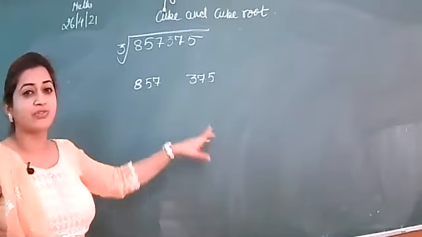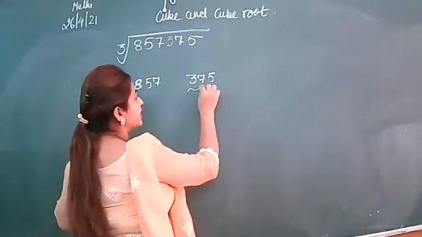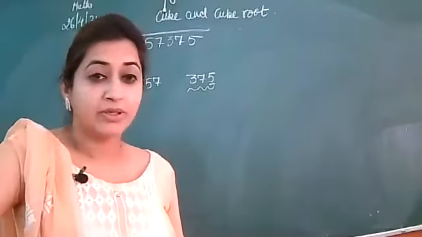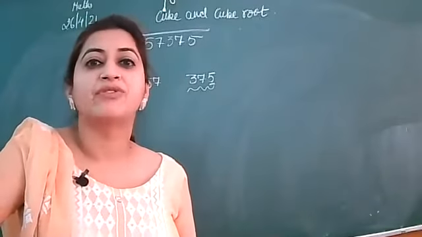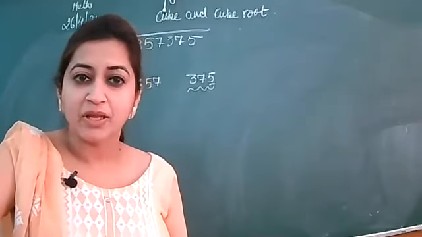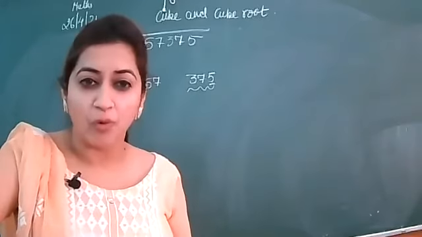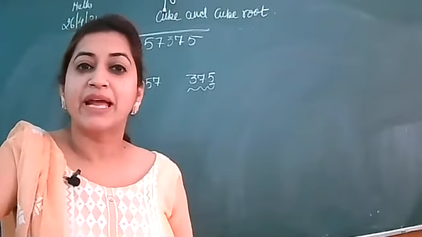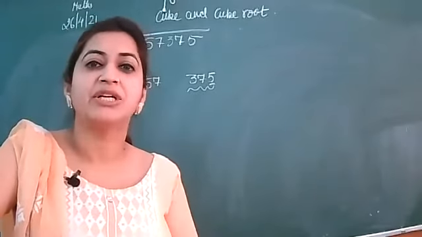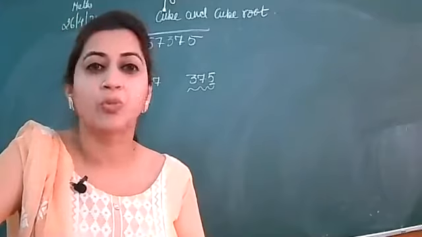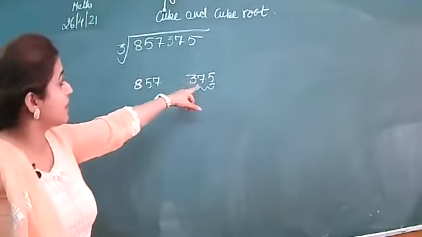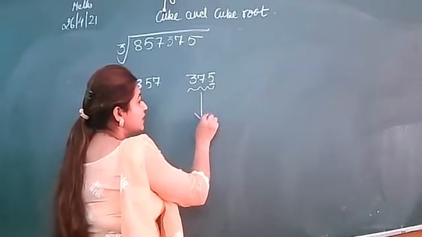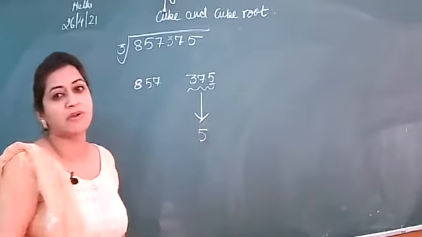if I make the group of 3, 3, in this you can see that the last digit is ending with 5. So in the beginning of this chapter, I have told you if the number is ending with 1, 4, 5, 6 and 9, then they will have the same digit in its cube or in its cube root. Did we do that? So this number is ending with 5. So we are making a group of 3. So the last digit of its cube root must be 5.